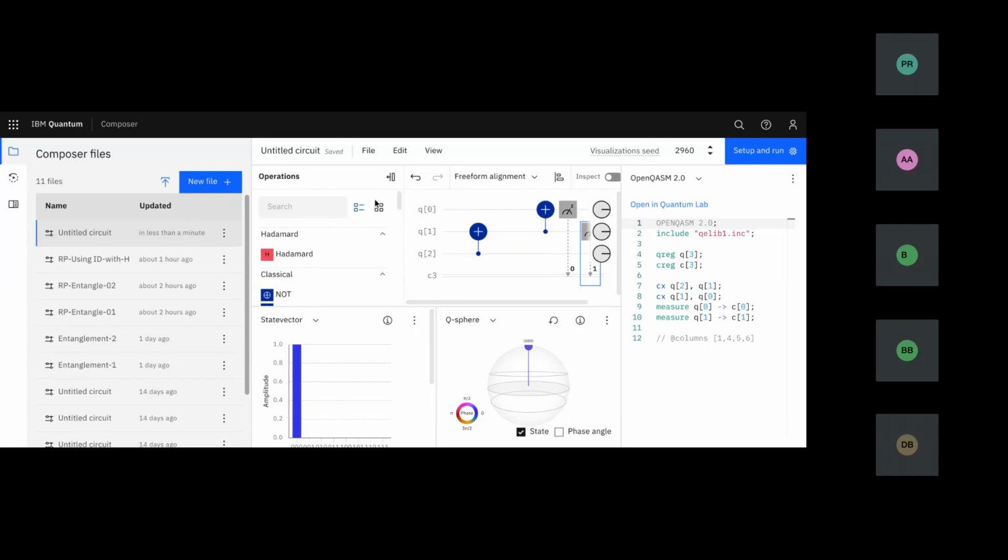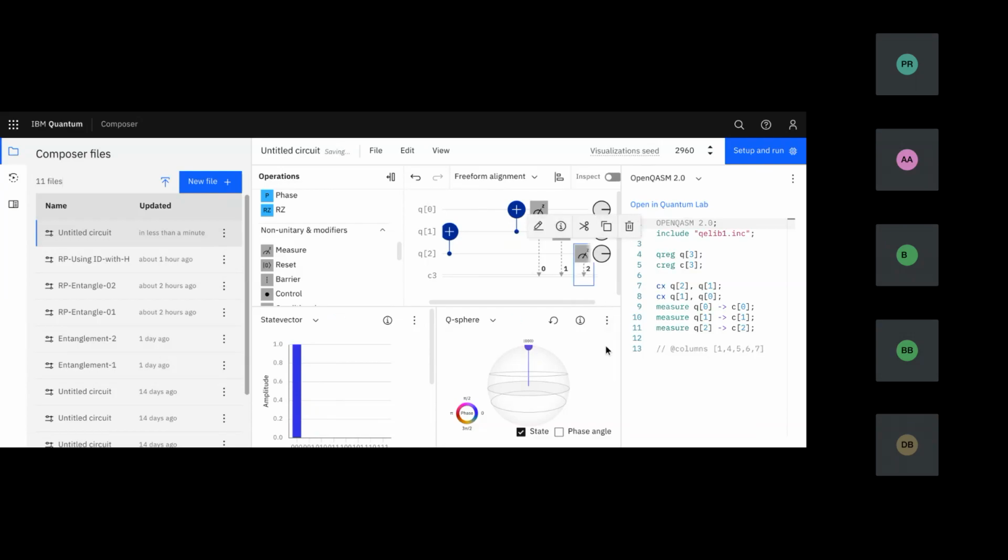Where is the measurement again? Here it is. Okay. So I take this measurement and put one more. Sorry, it didn't go to measurement. Yeah, okay. So 0, 1, 2. Okay. So what I see is